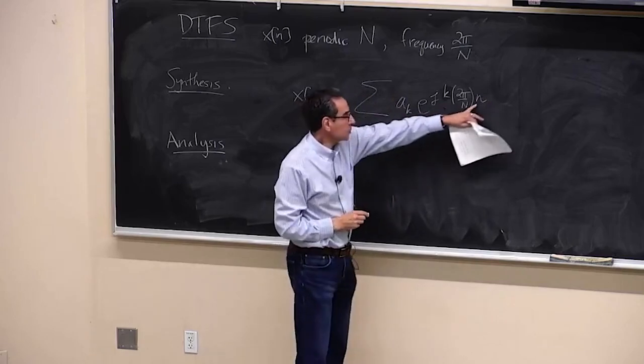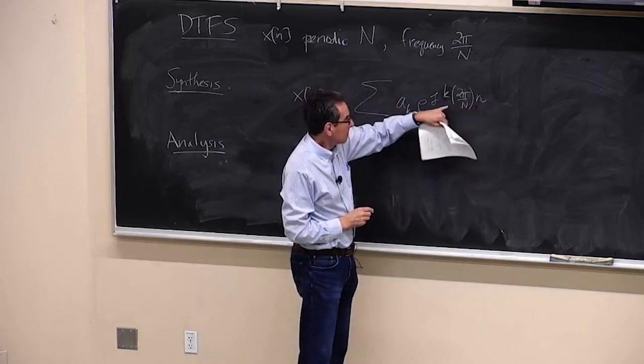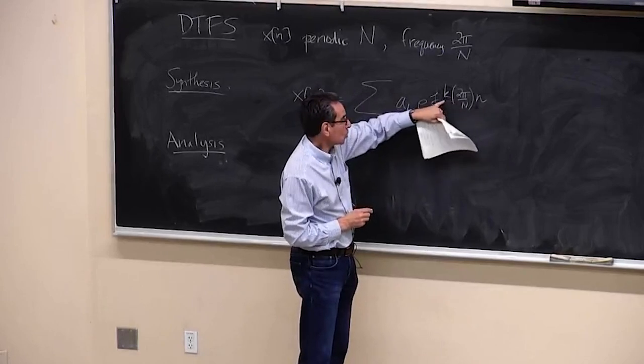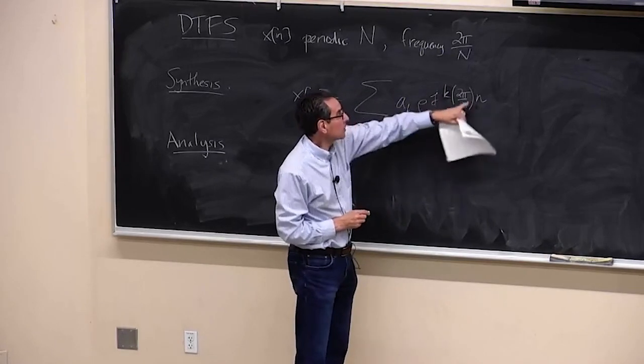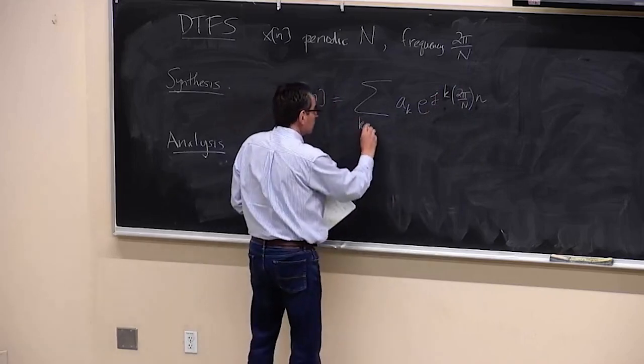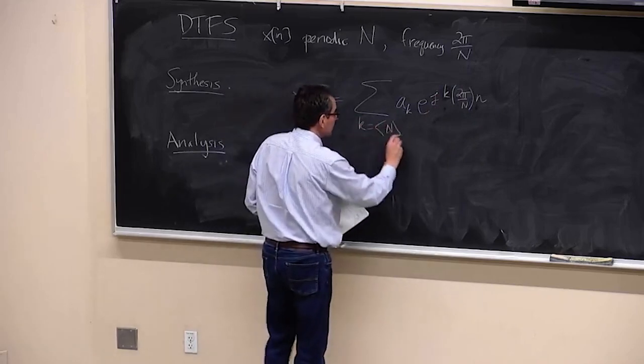So these are functions of time n. The frequencies they correspond to are k times that fundamental frequency, k times 2 pi over N. And we saw that these guys are periodic,